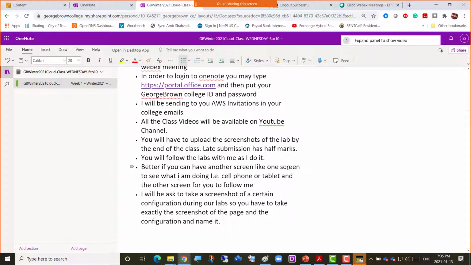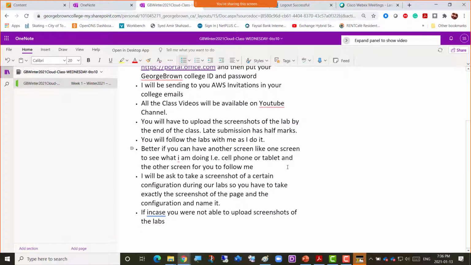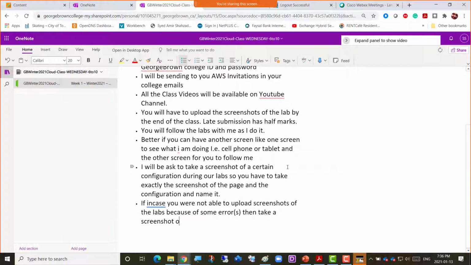And if you did not upload the screenshots at the end of the class, then obviously you will lose some marks. If you were not able to upload screenshots of the labs because of some stubborn error, then take a screenshot of the error and show me.